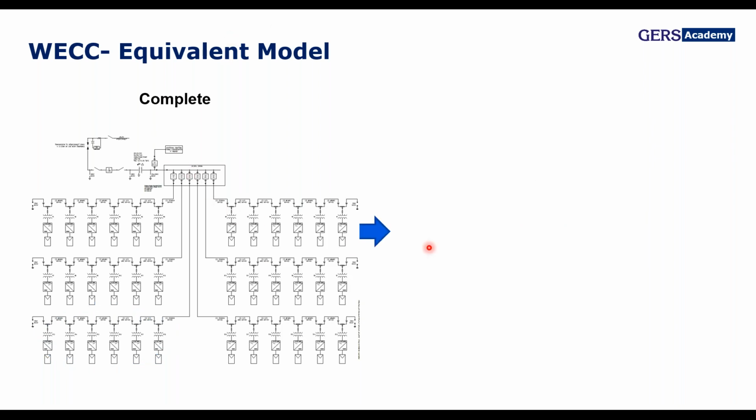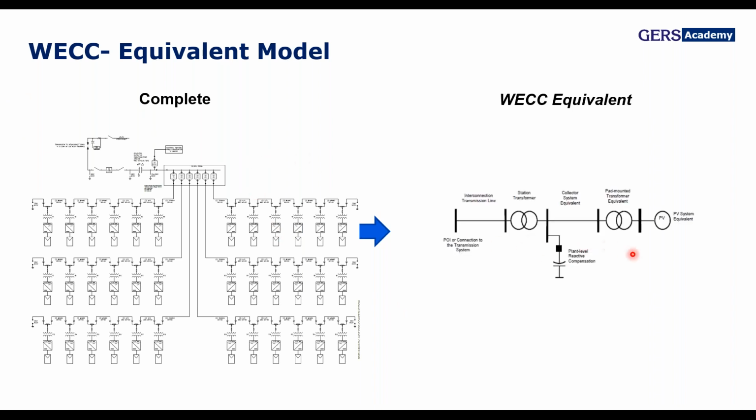But performing a study and actually implementing this kind of model in software is a bit tedious. So we propose a model in order to perform the studies with a reduced or simplified version of this single line diagram. That model is shown here on the right. And at least try to represent all the units, all the generation from the panels, through just one generator here, one transformer,